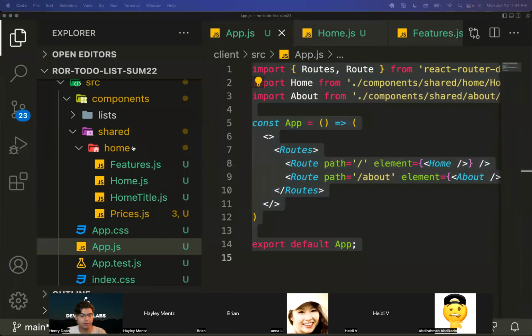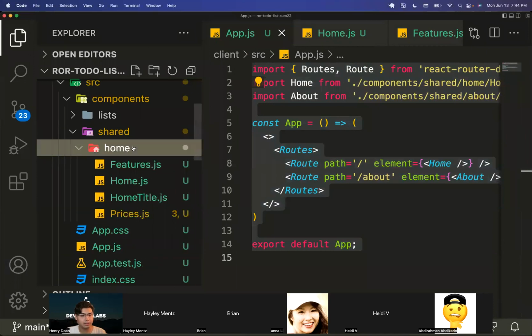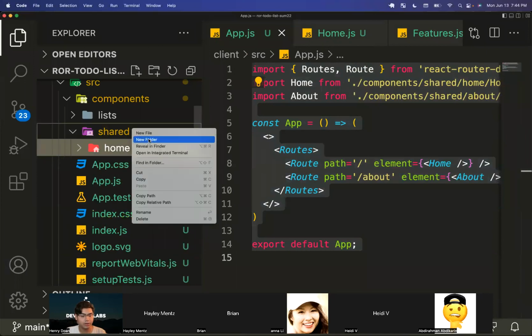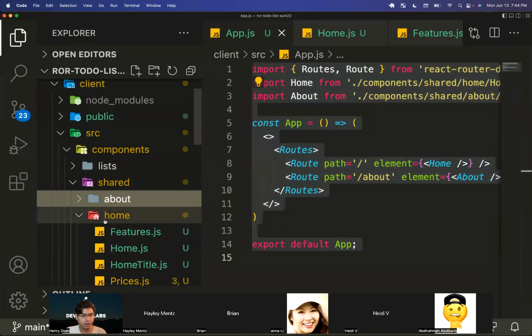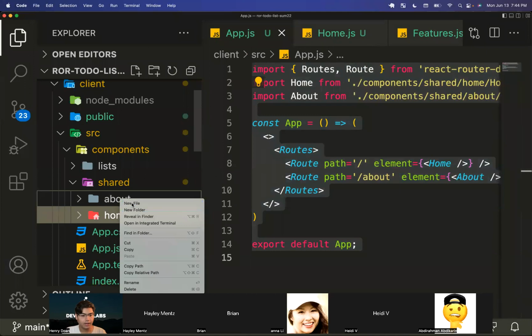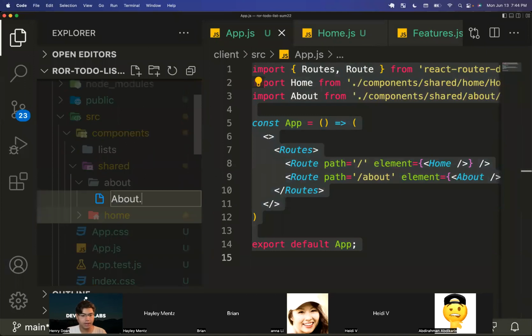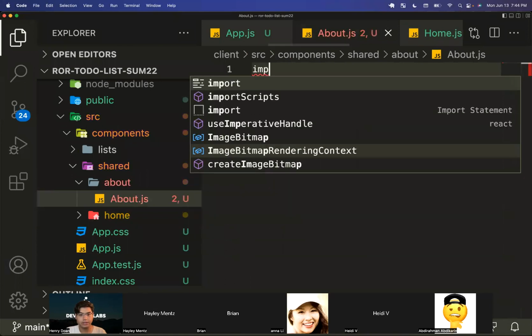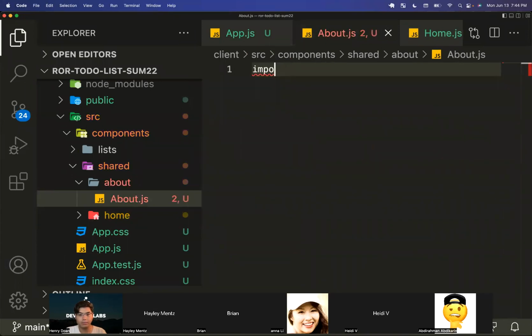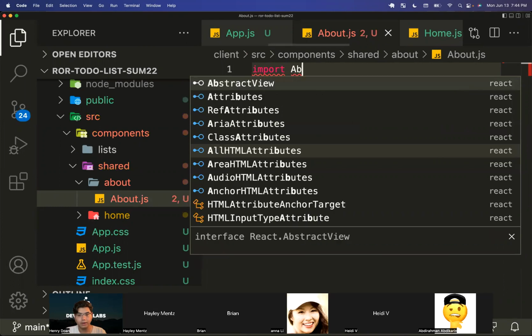And then let's go ahead and create that for it to work. So we'll create a new folder here, call it about, and then we'll have another file in here also called about. And then this is where we'll have our different sections. So we'll have one for the about section, the about title